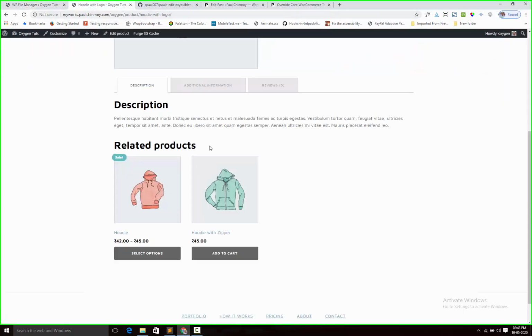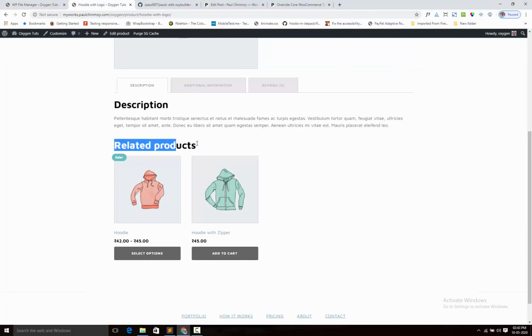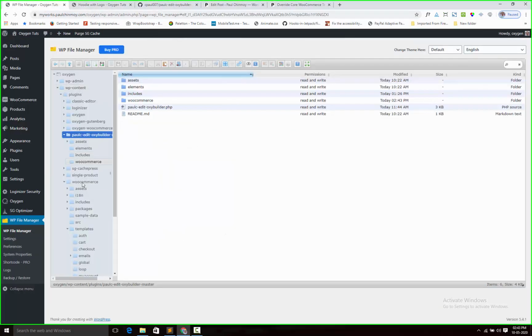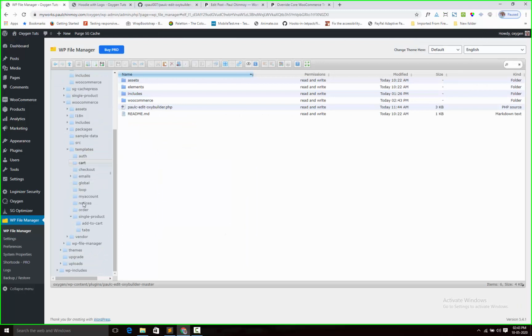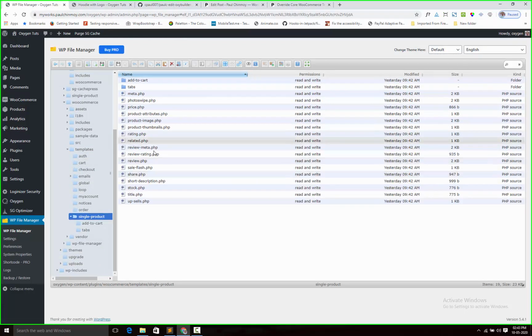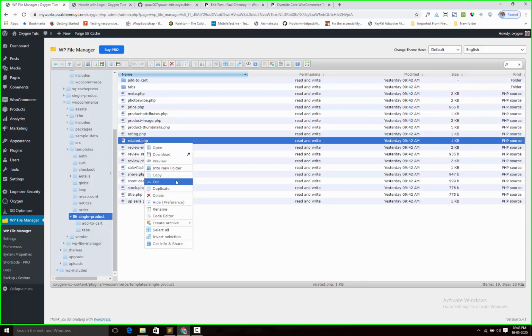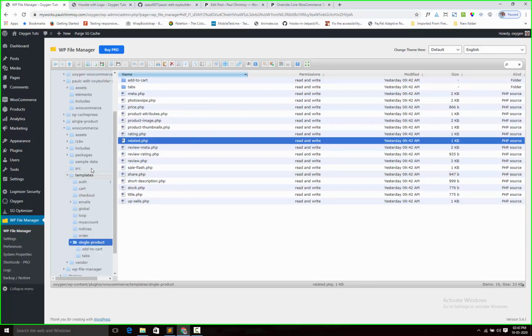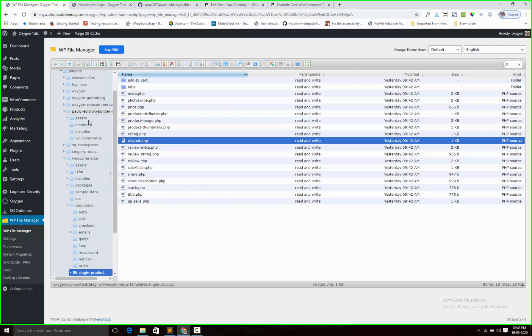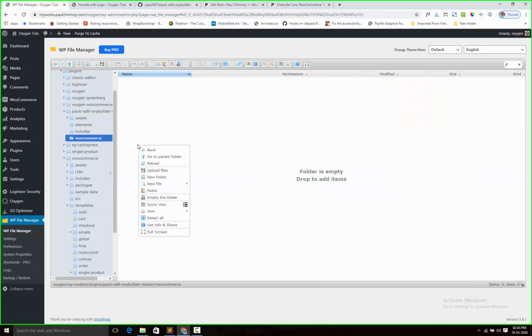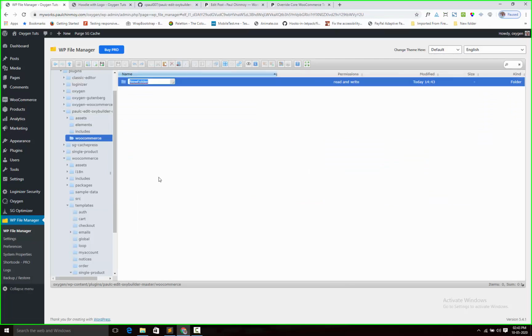Now I want to change the headline of related products. This file is located in templates, single-product, related.php. So I am copying this file and pasting it into my WooCommerce folder, creating a single-product folder.